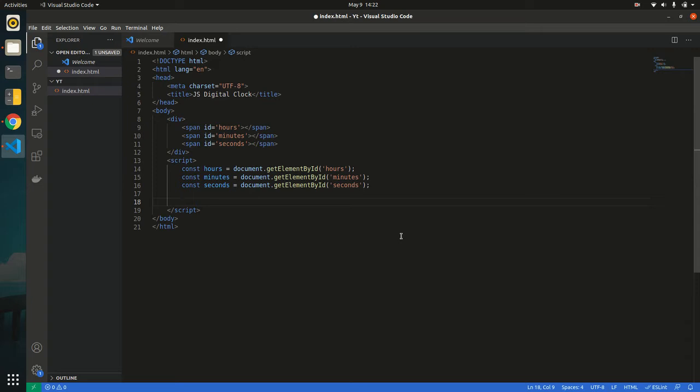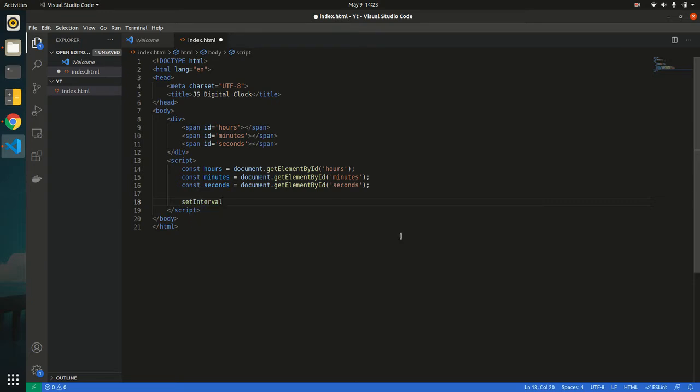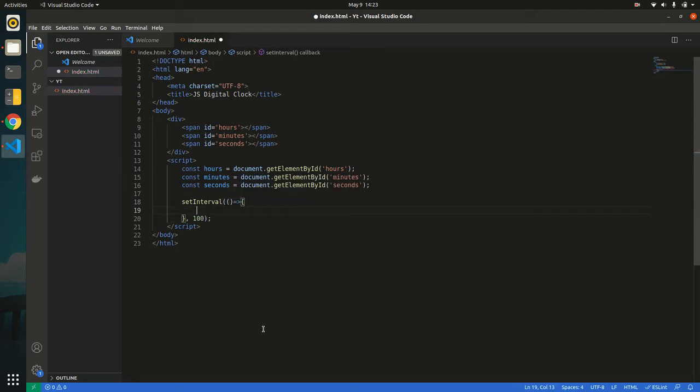Now we have to put the time as hours, minutes, and seconds inside the browser and have to update the time. So what we have here is a function called setInterval. What it does is it takes another function, let's say example function, and we assign a time to this, like say 100. So what setInterval does is it calls the example function every 100 units of time. So here we are going to make an arrow function inside, and we are going to say console.log